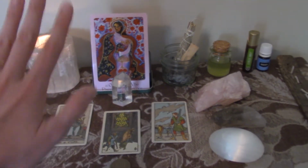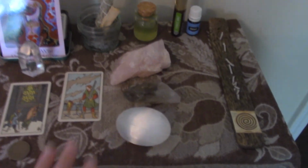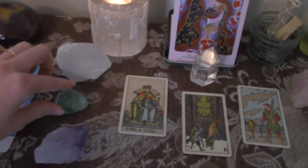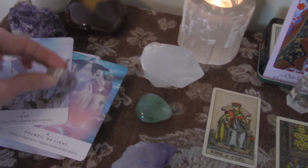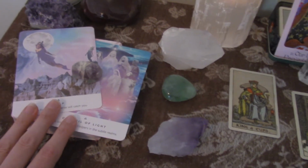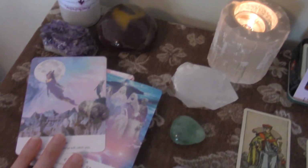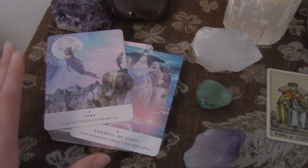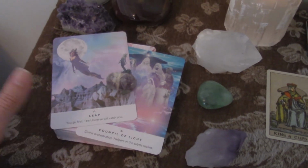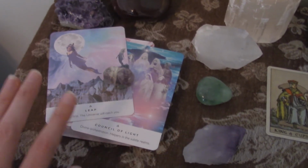Anyhow, so that's another reason why she's the central focus here. As for the crystals, I have selenite, smoky quartz, rose quartz, clear quartz, fluorite, amethyst, another piece of fluorite here, which I think works really, really well with the Work Your Light Oracle, which I recently got in the mail. And I like the kind of proactive energy of the Work Your Light. I mean, it's working your light, and my research is intimately tied to my spiritual practice, so it's a win-win